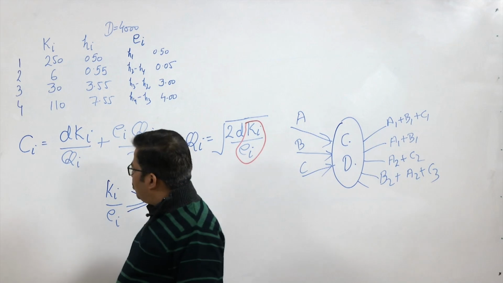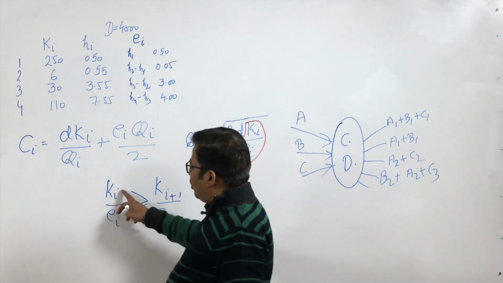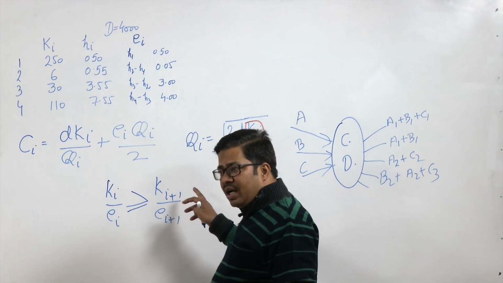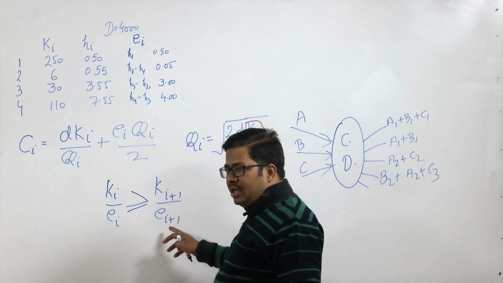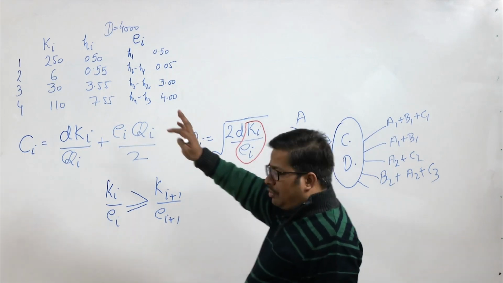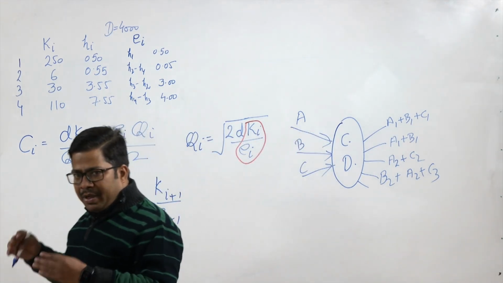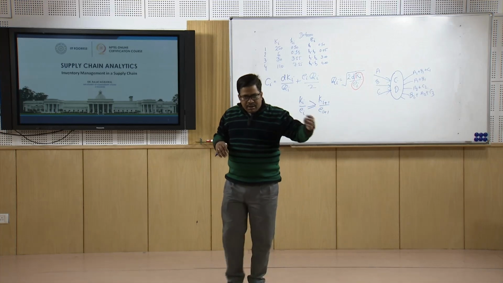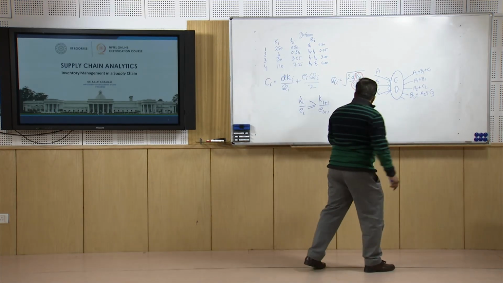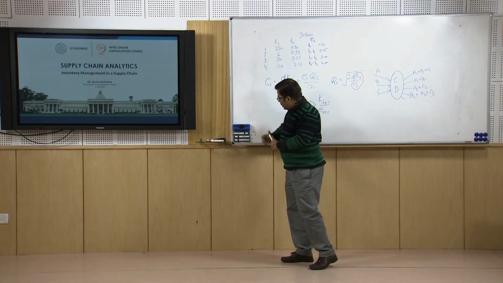So that is the situation where you can think of Ki upon Ei being equal to K(i+1) divided by E(i+1), because in that case whatever is coming at a particular stage will be given to the next stage. So in such situations this type of calculation may come,